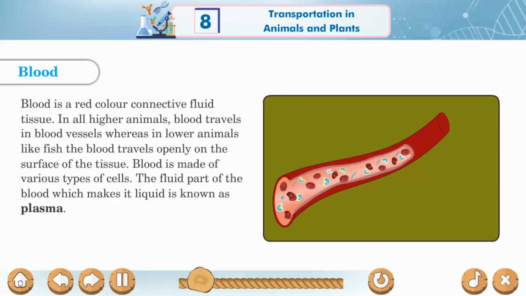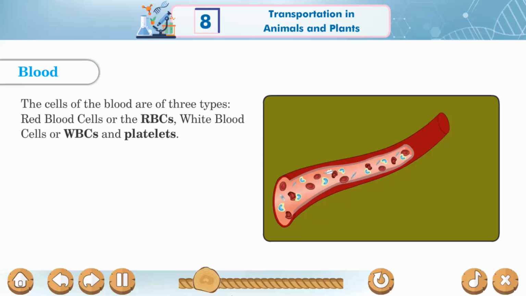In all higher animals, blood travels in blood vessels, whereas in lower animals like fish, the blood travels openly on the surface of the tissue. Blood is made of various types of cells. The fluid part of the blood which makes it liquid is known as plasma. The cells of the blood are of three types: red blood cells or the RBCs, white blood cells or WBCs,